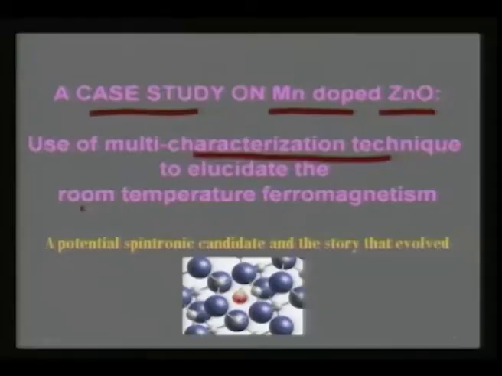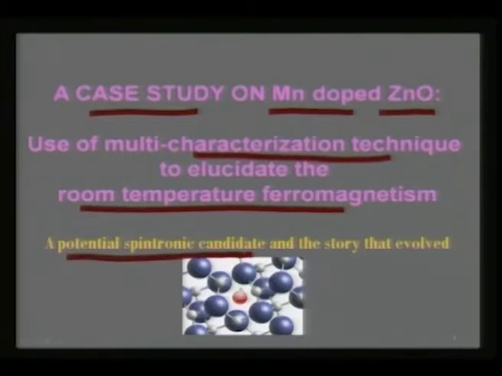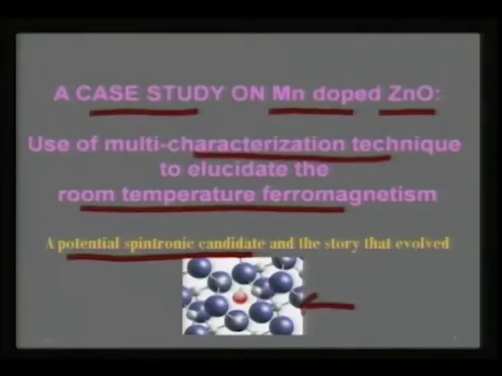Why is it important? Because it shows room temperature ferromagnetism. As a result, it finds potential spintronic application. But what I am going to tell is the story that evolved around this one single system, and how cautious we, as chemists or physicists or technologists, need to be, and how these characterization techniques can come in handy to understand. This is a simple cartoon we can try to visualize, which is typical of the zinc oxide wurtzite